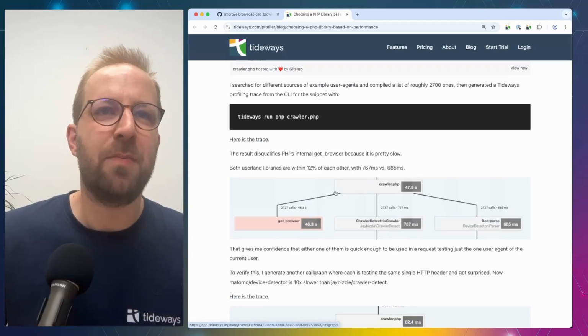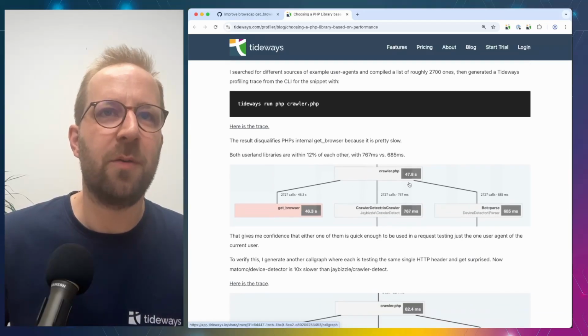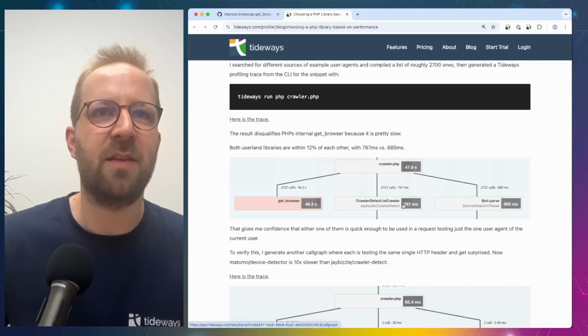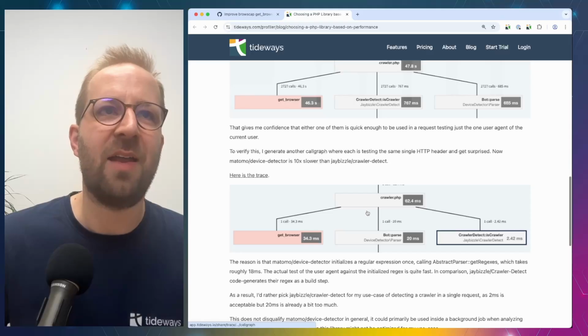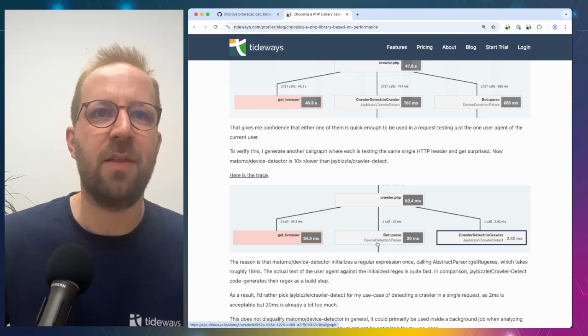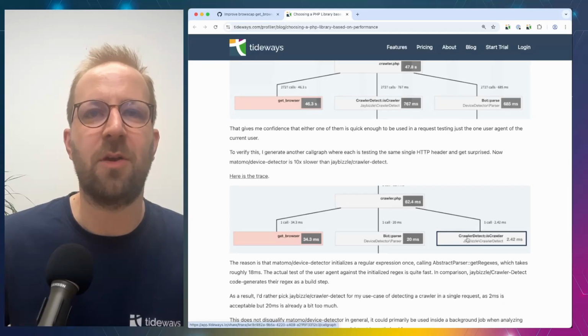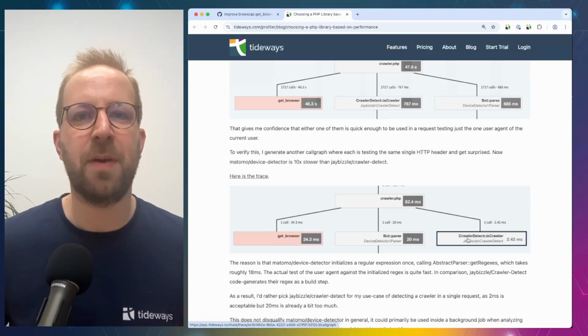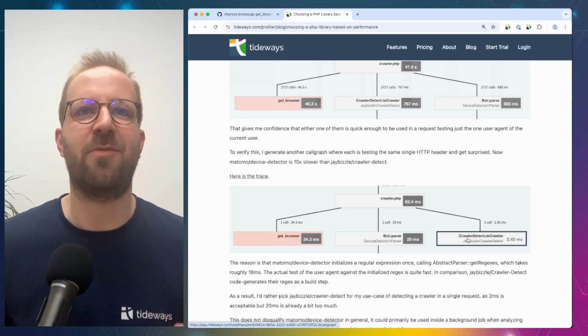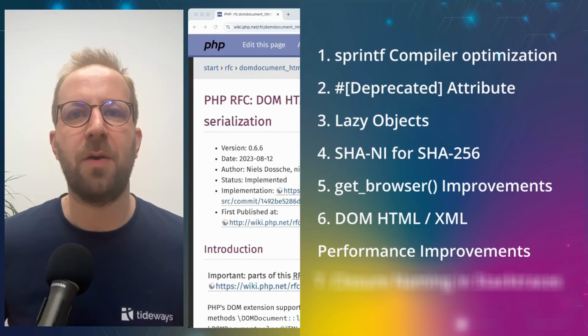So when we benchmarked this before PHP 8.4, you can see here that getBrowser is quite expensive and runs in the many seconds range, whereas the two PHP libraries are much faster and run in the sub 1 second performance range. And for calling them only once, getBrowser is also slower than the Matomo device detector or JBizzle crawler detect. So this is the case where the performance improves for the PHP internal function, but there are still userland implementations that are faster. Change number 6 that I want to talk about is the